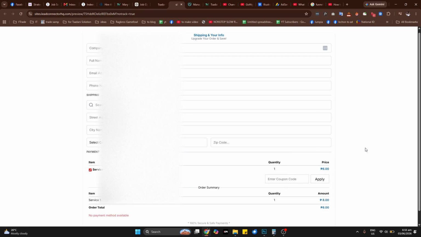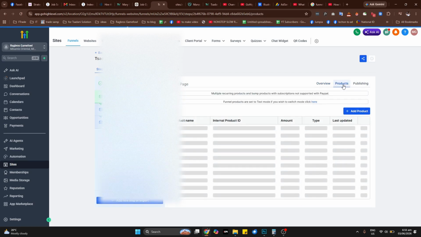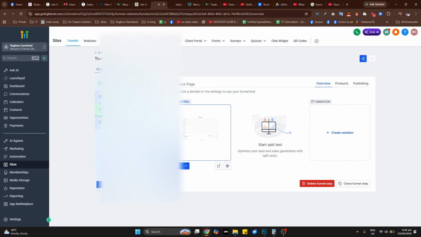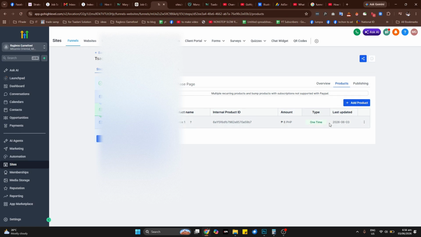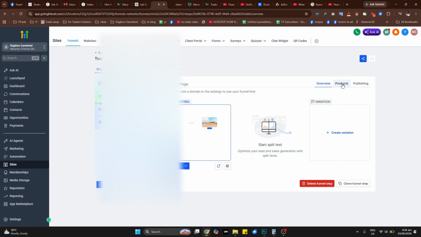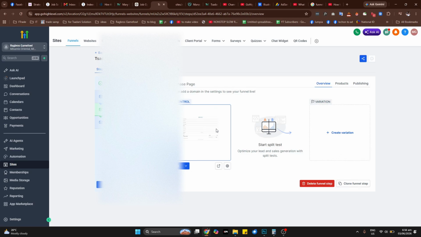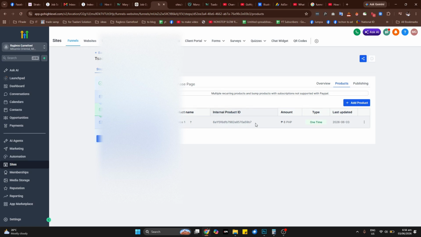Yes, okay. You need to set up under the, I forgot. So in the front page, you set up this one, but you need to set up it here. You see? Same step as when you added it here. So in your purchase page where you added the form, you add a product. So that's it.